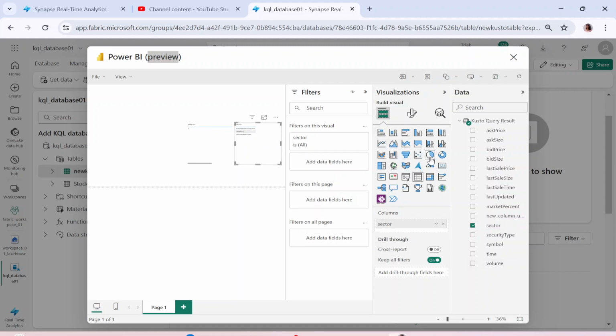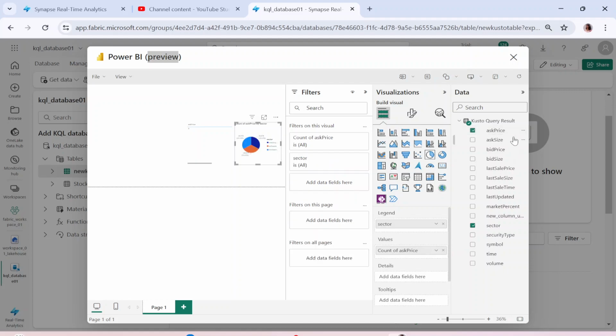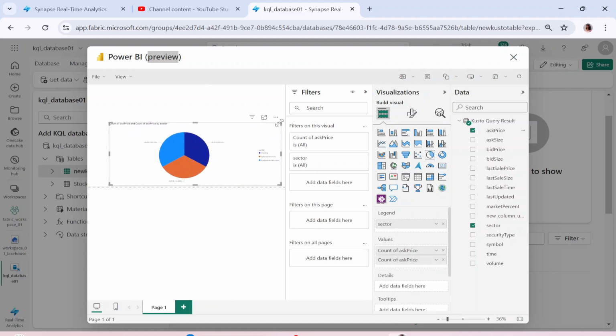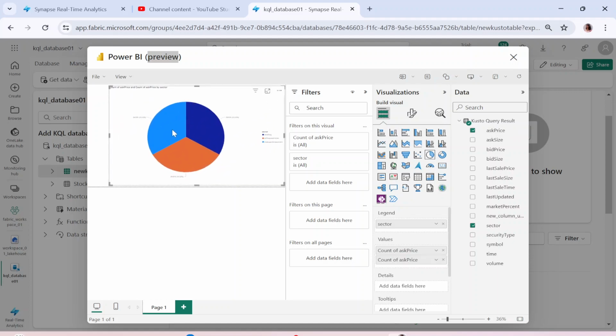Now, based on this, if you want to put any chart, let's say a pie chart or any kind of chart over here, you can do that. So let me put the values as well over here. Now, if you can see, I have put some values, and this is how you can go ahead and create a visual in Power BI. This is how you can visualize the data simultaneously as the data is ingesting.